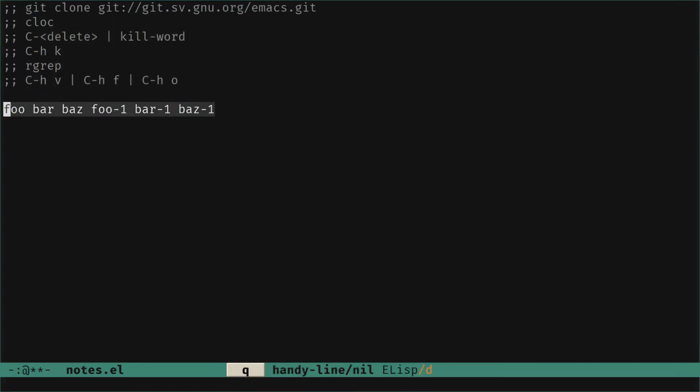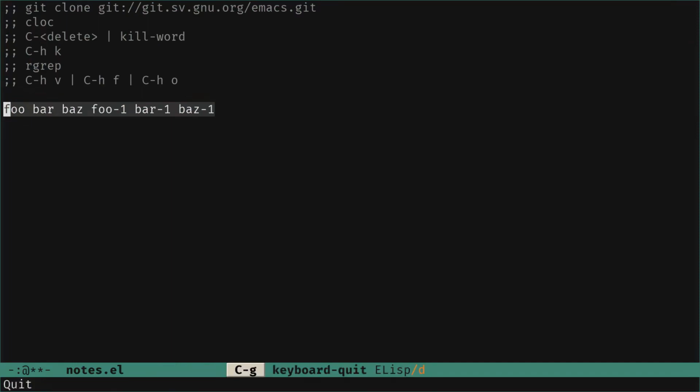So now we can do Control H and K, and now did I press K? Maybe yes. We are going to try, and now we are going to press the key binding. Okay, so this is not what I did.